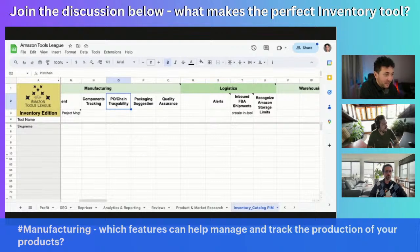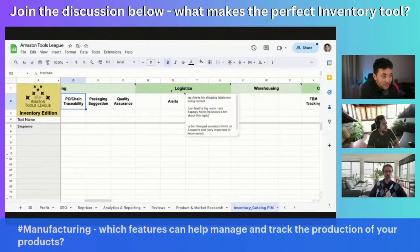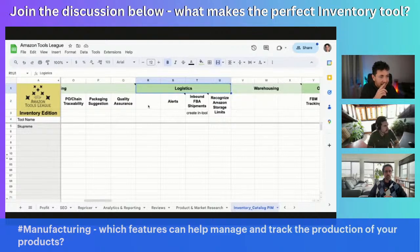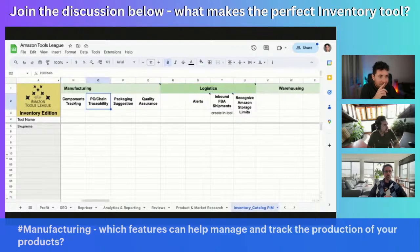Okay, so I'm going to leave the container planning or trackability in this feature here, and we can move to the next area, logistics, which I summarized for myself: which features can help manage and track the movement of your inventory and your product components. So I guess maybe the chain traceability goes more into logistics if you had to pick one of these areas,